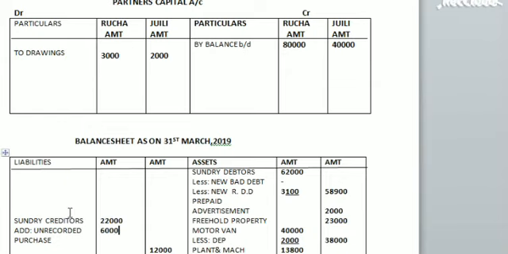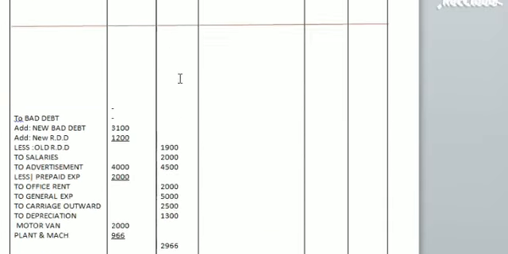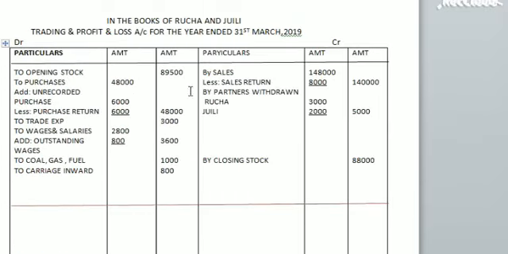We will add this and we will bring the amount in the outer column. And the total here is 28,000 rupees in the outer column. So here, students, we have done with the trial balance and all the adjustments. Let us check whether we have given opening stock. From purchase, the unrecorded purchase we have added, sales return we have subtracted here, and from sales we have subtracted sales return. The amount will come in the outer column.